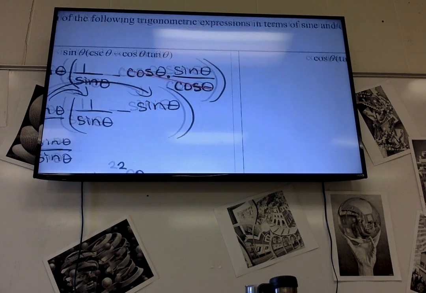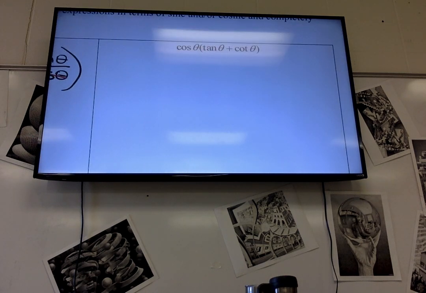On this one, let's distribute before we simplify. See if that's easier, and then you can decide which way you want to do it, because it doesn't matter. So I'm going to distribute first before I change them all into sine and cosine. I have cosine times the tangent plus cosine